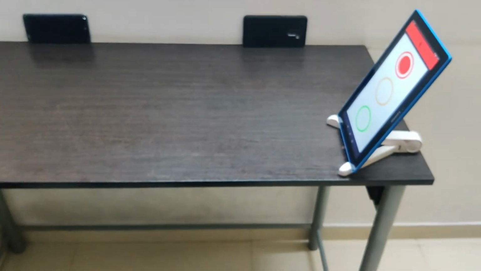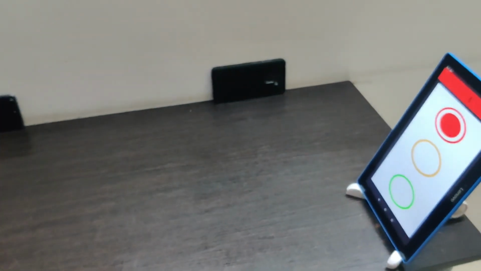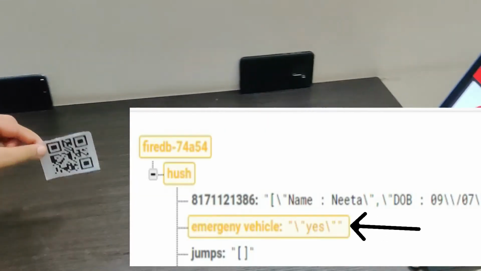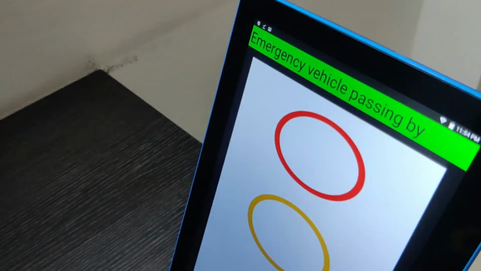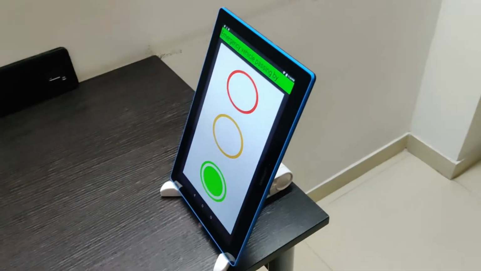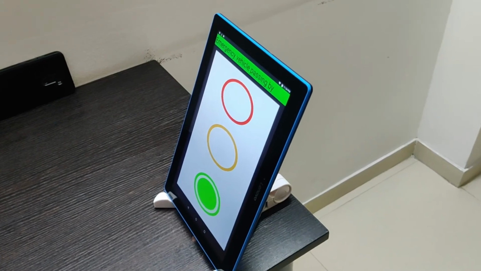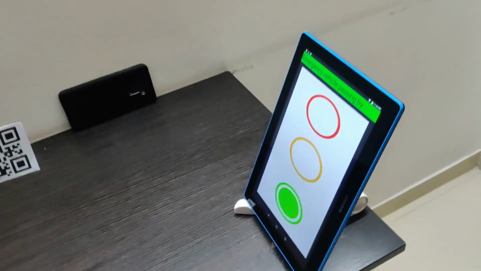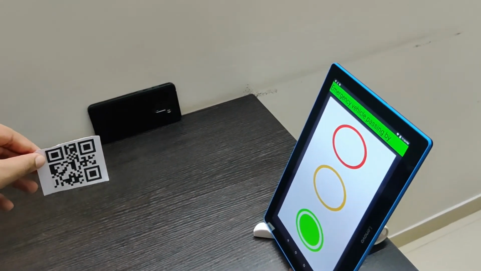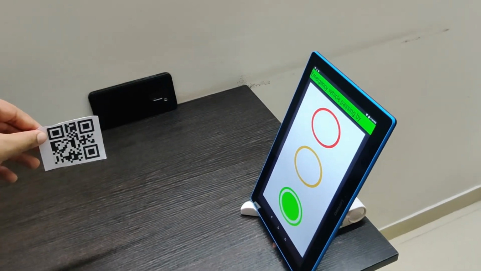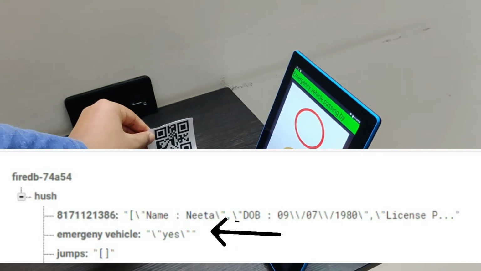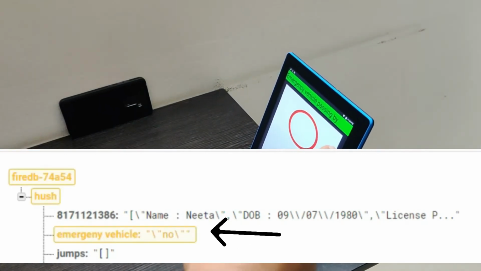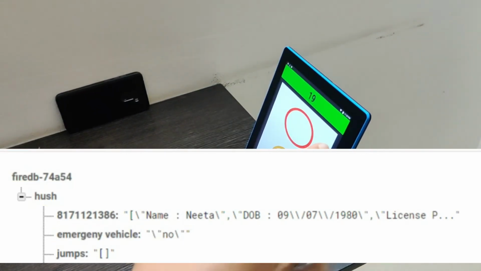Let's see how. So as soon as I pass it through the scanner that was 500 meter before, see how the traffic light behaves. It says emergency vehicles passing by, and automatically the traffic light turns green. Now the ambulance is moving here. Now the system needs to know that the ambulance has left, otherwise it cannot keep it forever, right? So when it gets scanned on the traffic light here, it automatically resets to its normal traffic function.